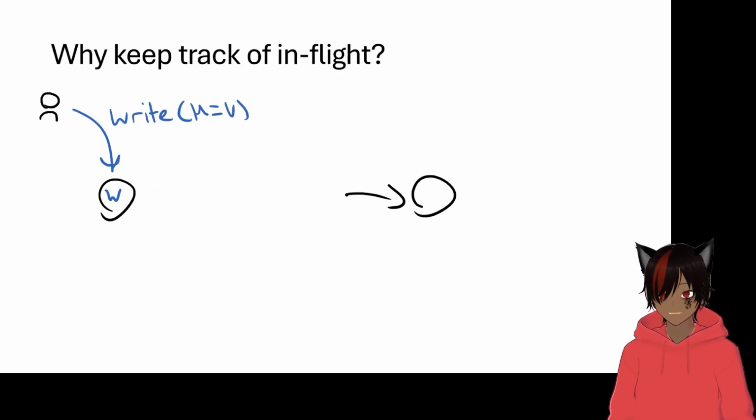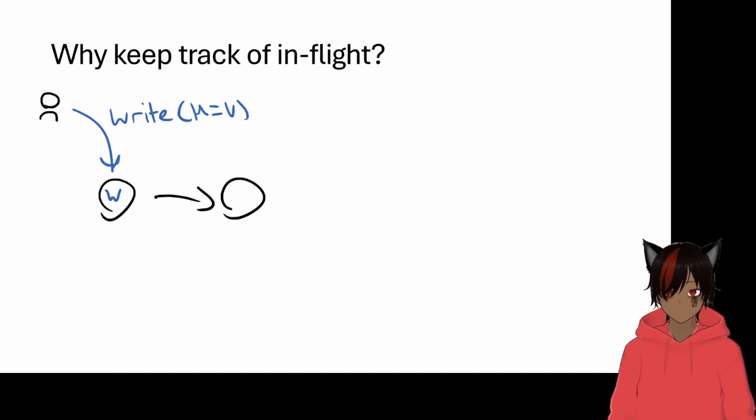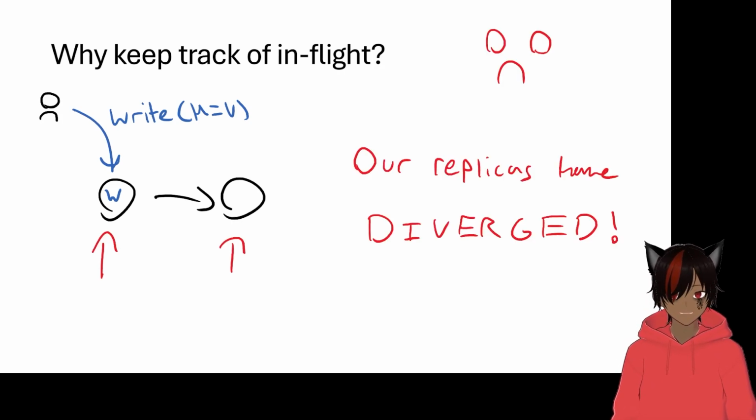Well, we get rid of that node. Let's move that node over. And now our chain is complete. But oh no, look, our replicas, these two nodes, don't actually have the same contents anymore. A key invariant of ours has been broken, which is that all the replicas should be the same.